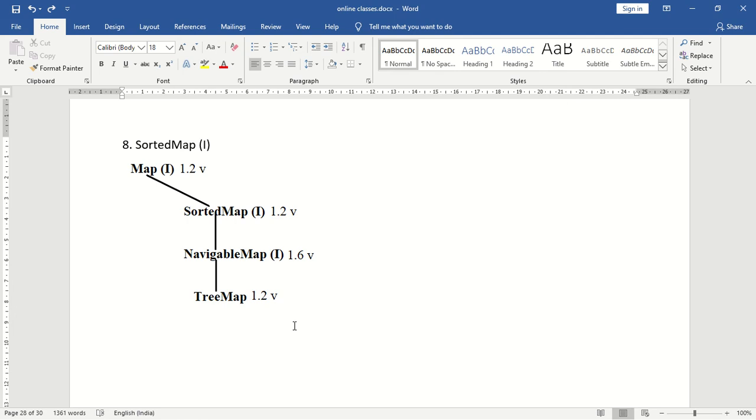Okay. So what is the first point? Sorted map is a child interface of map. Next, when we should go for a sorted map? If we want to represent a group of key value pairs according to the sorting order of keys, then we should go for sorted map.